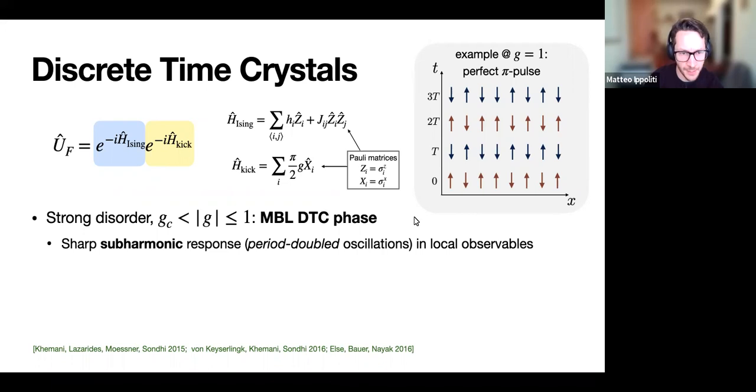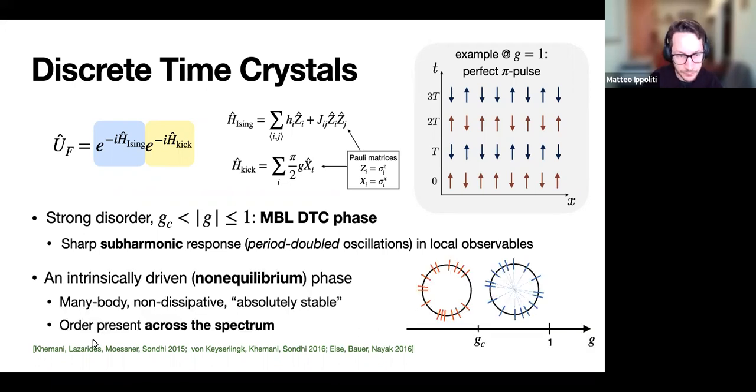And that's a really striking phenomenon. What's particularly striking about it is that it's an intrinsically driven phase that doesn't have an analog in static systems. There's no such behavior in undriven systems. It's also an intrinsically interacting phase that doesn't require dissipation, and it's stable to arbitrary sufficiently weak perturbations. So it sets it apart from other scenarios where you might encounter period doubling that are more traditional.